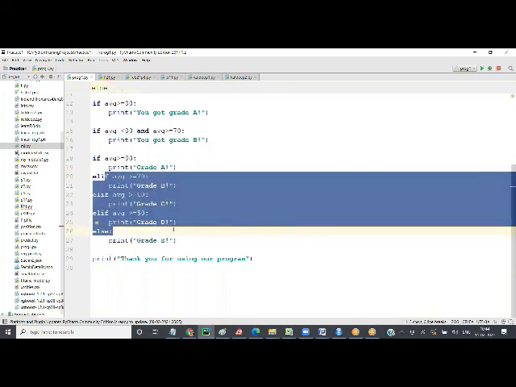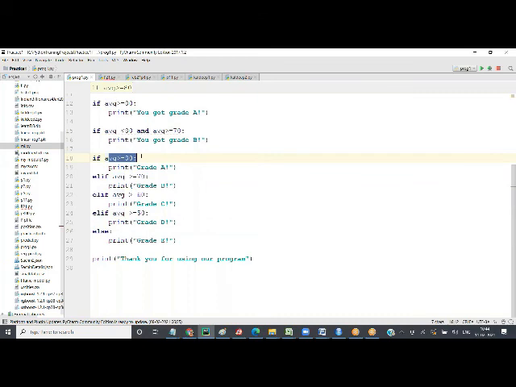In our case, if grade is 75, this if became false. When this if became false, it goes and checks the second condition. It is going to check the conditions one by one, and wherever it matches, it will come out of the block. So if you get 75, you are checking here.